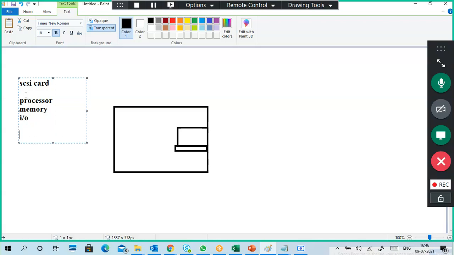Now tell me, what is the definition of a computer? What makes us call something a computer? A computer contains a processor, memory, and IO controllers: input, output, connections, and a controller. That's why we call that a computer.